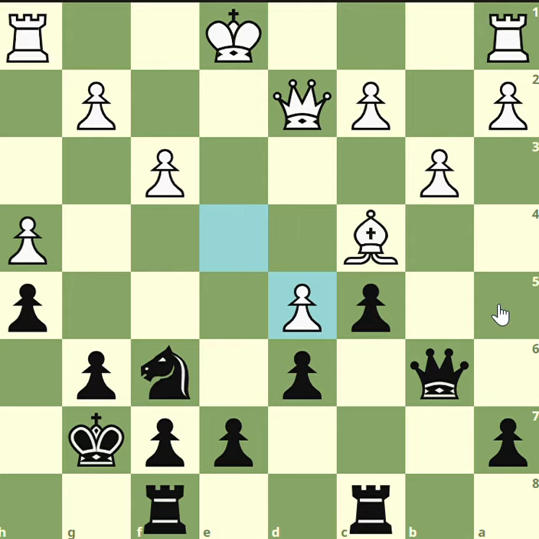Anand must have felt comfortable in this position, but here comes a move that really stuns Anand to the core, and you will see the consequence of what happens after that. e5, brilliant move by Kasparov. What does this do? The weakness of e7 suddenly disappears, and there isn't any weak point that white can target